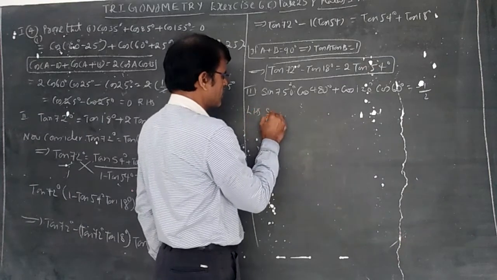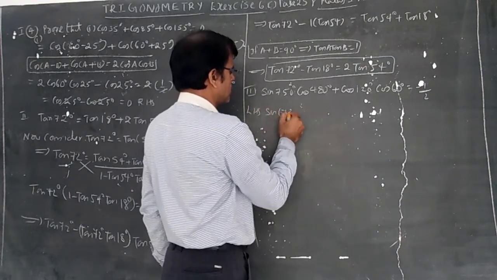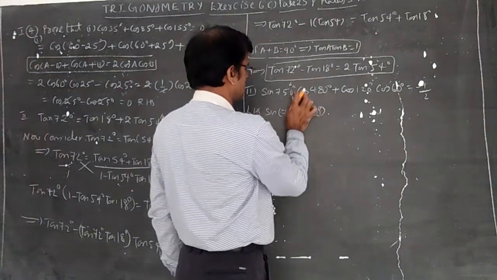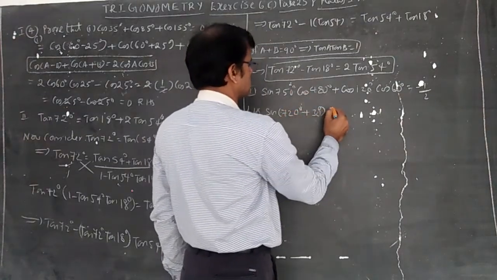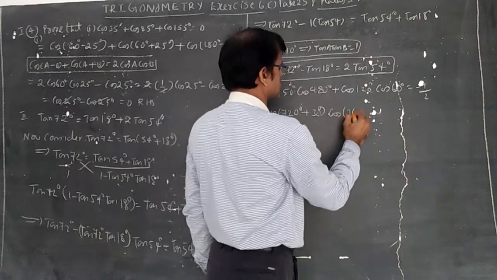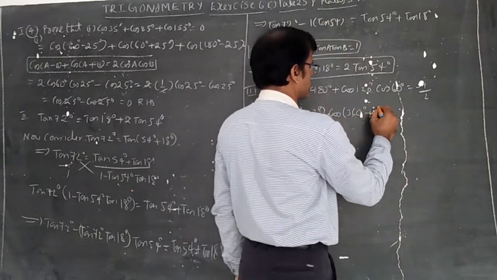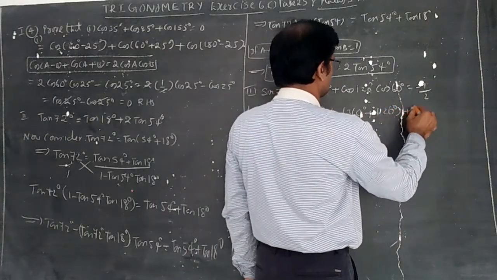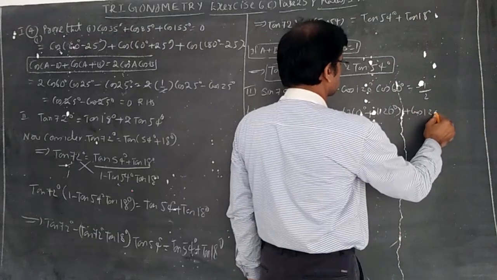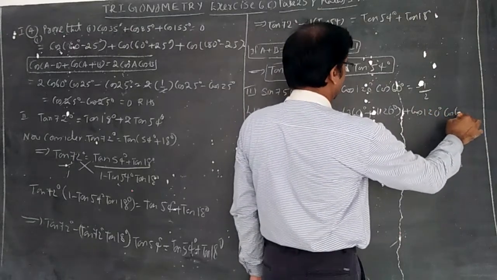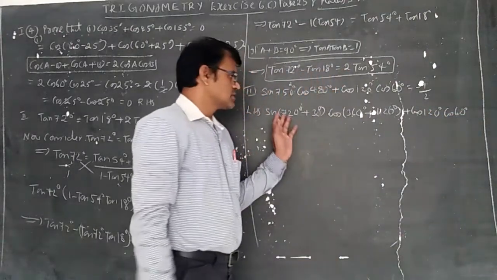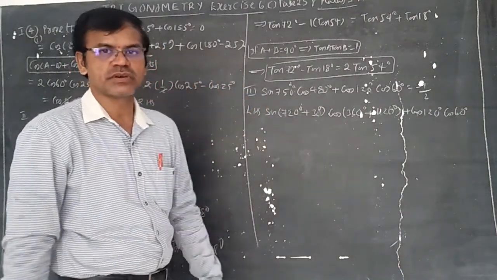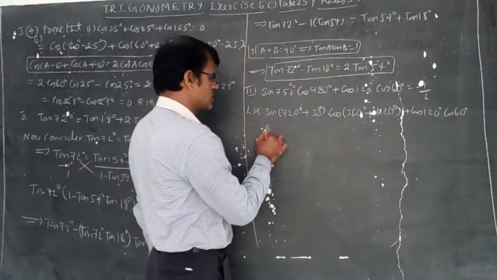LHS can be written as sin of 720 plus 30 into cos of 360 plus 120, plus cos 120 into cos 60. Sin of 720 plus theta, 720 is nothing but 0, so it is sin 30